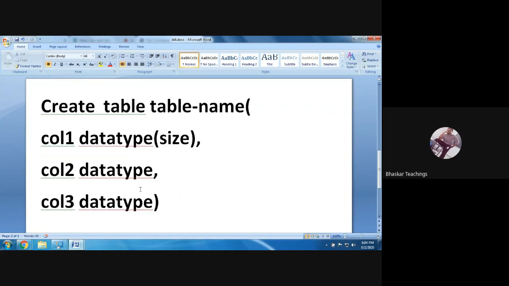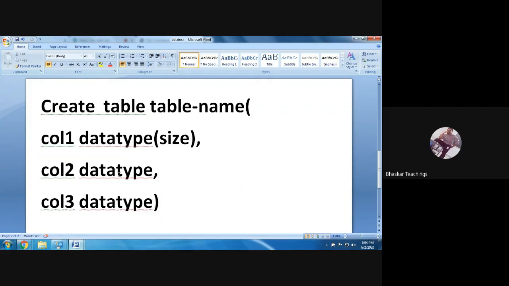Not only this, we are going to have constraints also. Constraints need to be mentioned either beside the column information or at the end of the syntax. Various versions of the database will have various syntaxes. Of course, the basic syntax is the same, with slight differences in variation, and it will work in other databases.